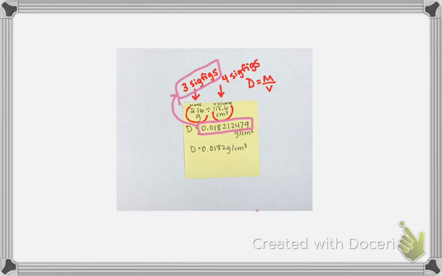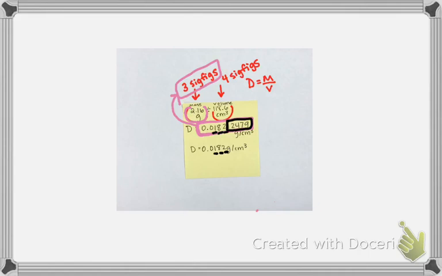This measurement, the mass, is considered to be the most uncertain because it has the least number of sig figs. So our answer can only have 3 significant figures. So in the answer, that's how I knew to drop all of these digits right here and only keep 3